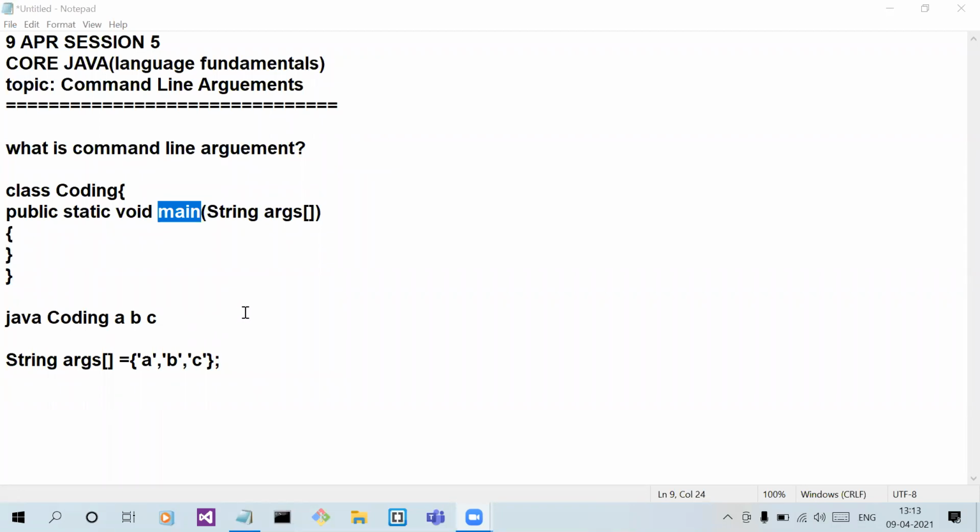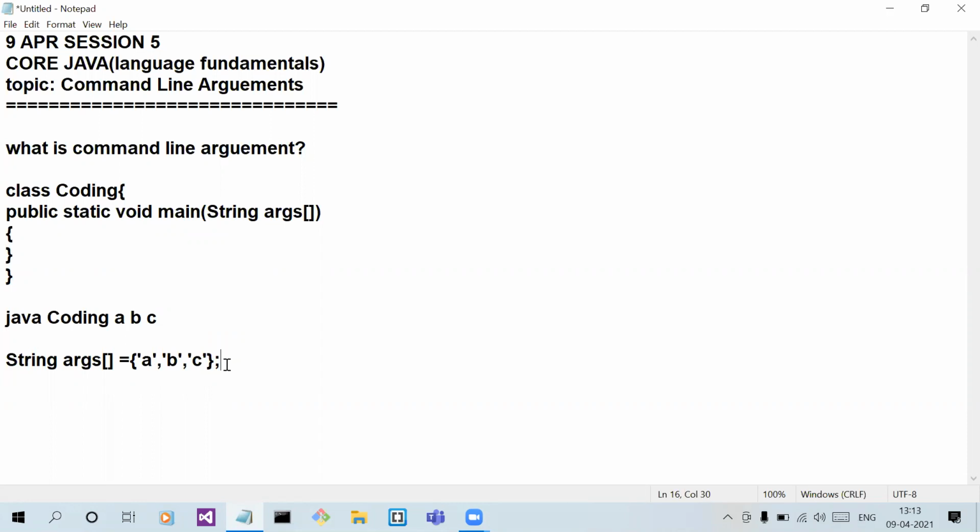Now within the main method, how can you differentiate these values A, B, C? So you know what happened?